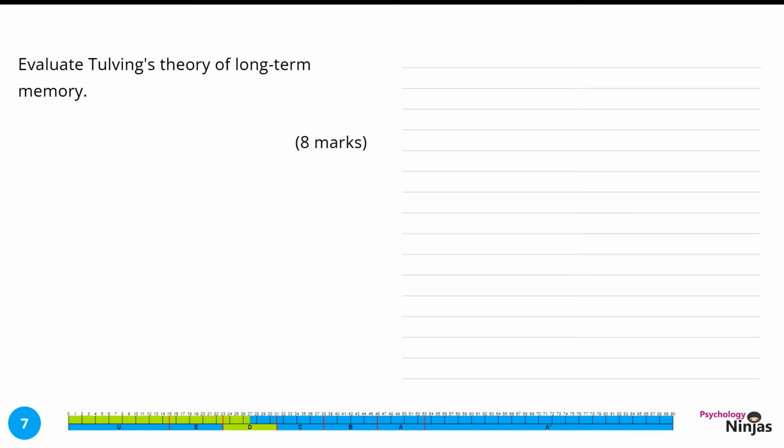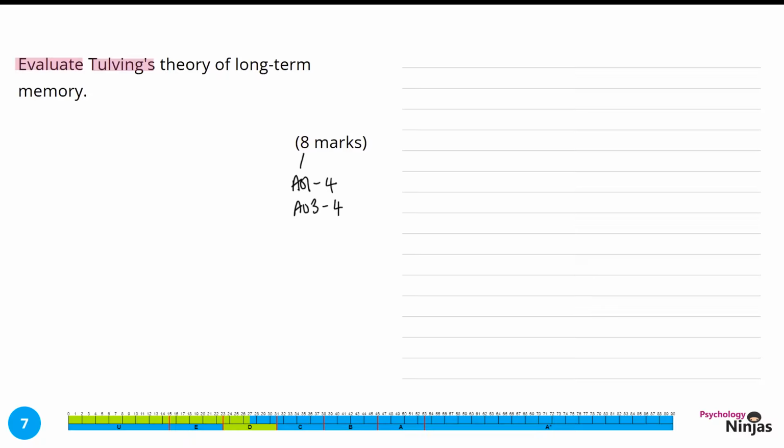Evaluate Tulving's theory of long-term memory, 8 marks. Here we have the command word evaluate, which is sneaky because we need to both explain and evaluate for our 8 marks in this question. We have 4 marks available for our explanation. In this question, what we're looking to explain is Tulving's theory of long-term memory. We have an equal weighting for our evaluation, another 4 marks for our strengths and weaknesses of this particular theory